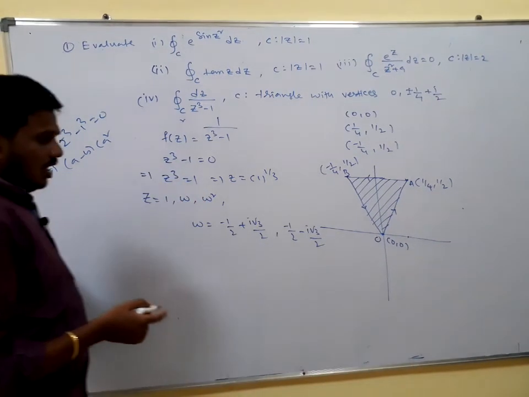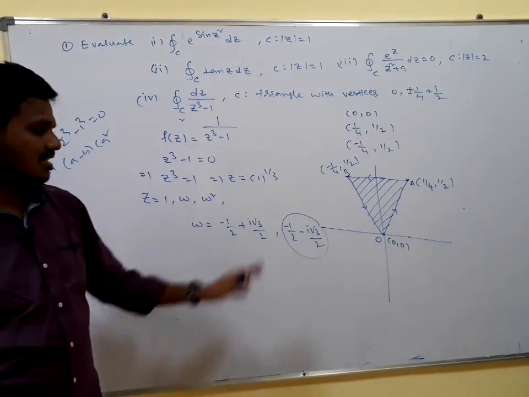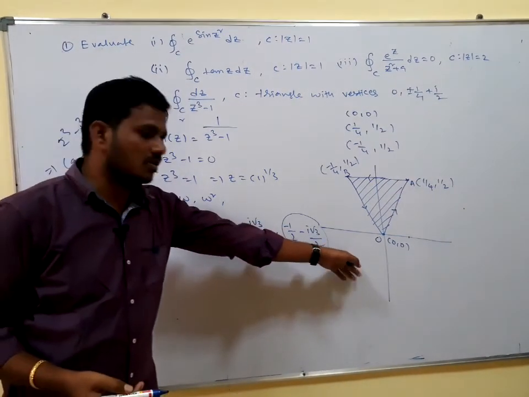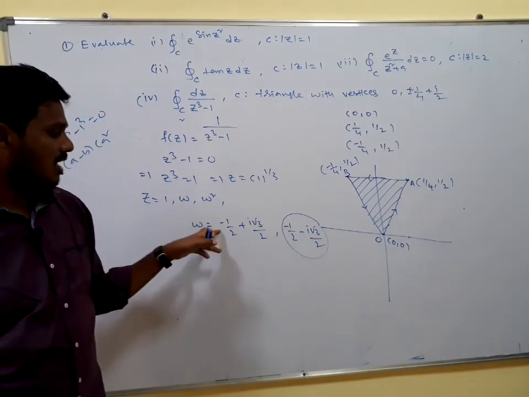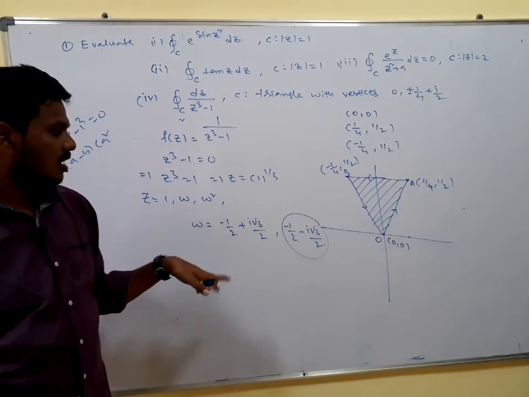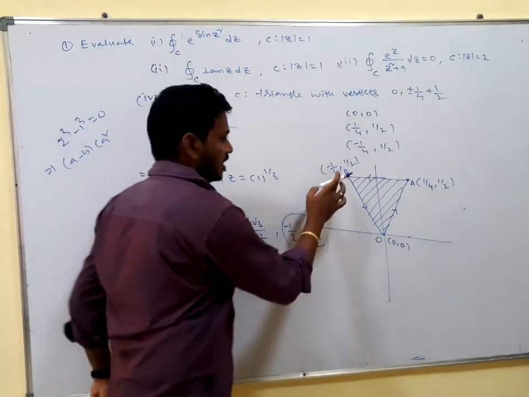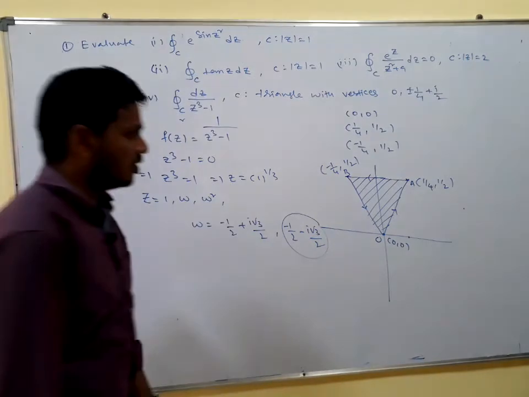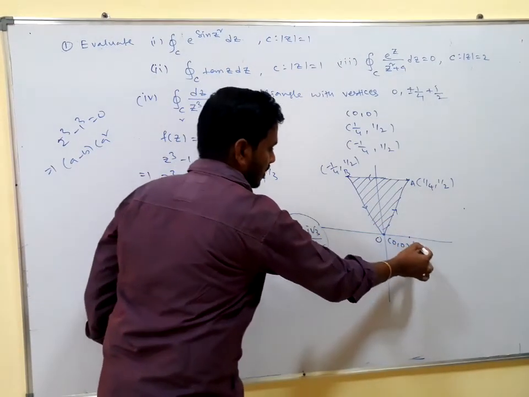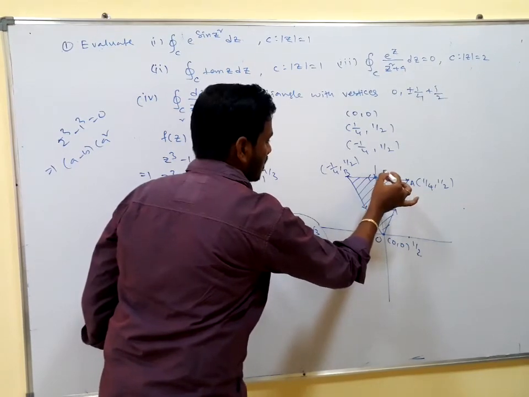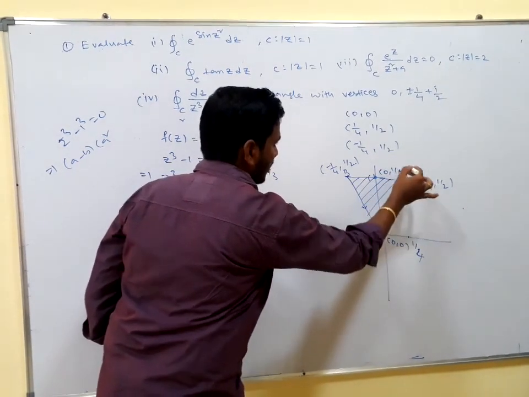But I don't want to think about this value, that is x negative, y negative, which lies in the third quadrant, which we don't consider. Only this value I am taking: minus 1 by 2 plus i root 3 by 2. Yes, the region is minus 1 by 4 to 1 by 4, and 0 to 1 by 2, here it is 1 by 4, it is 0 comma 1 by 2.